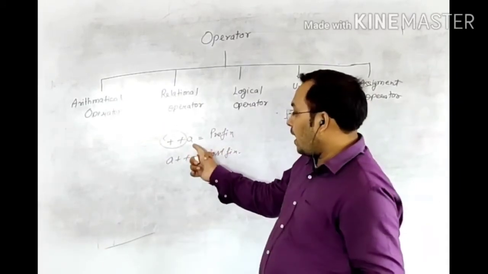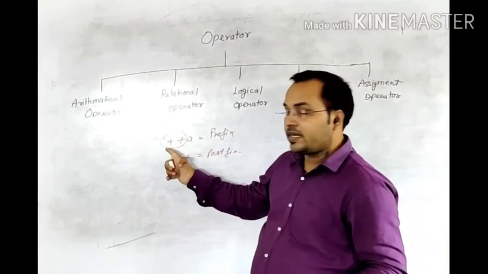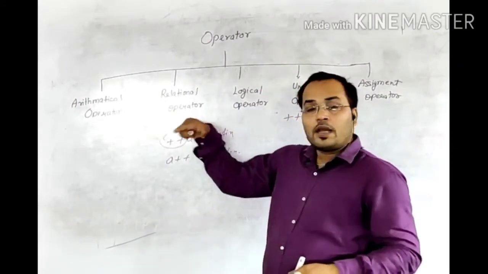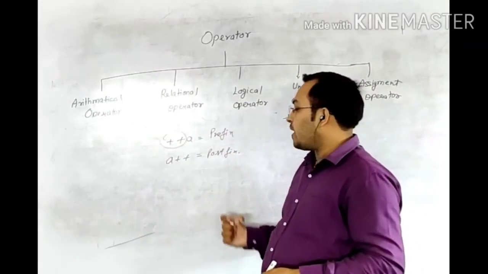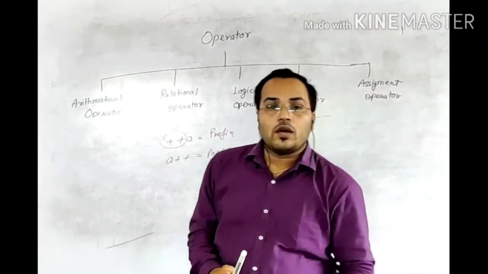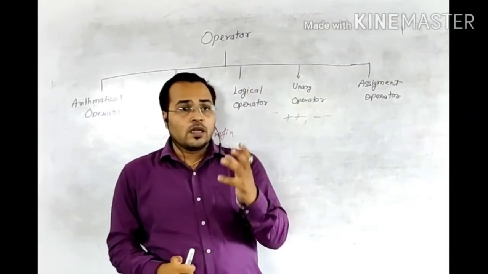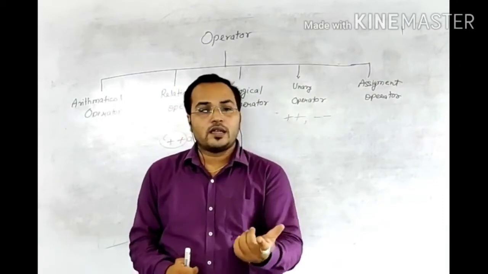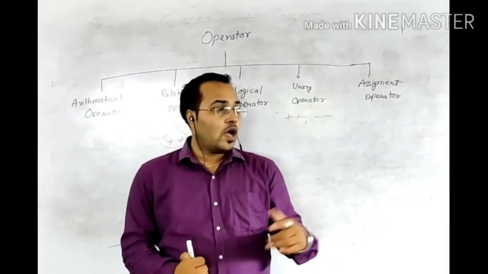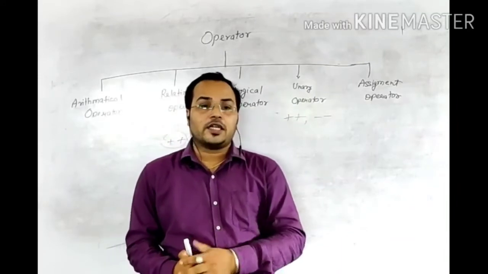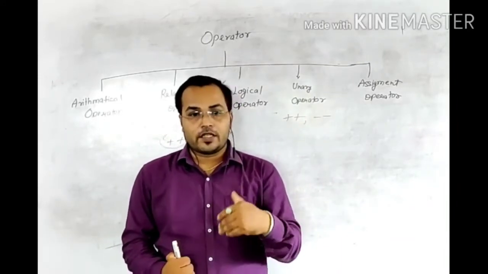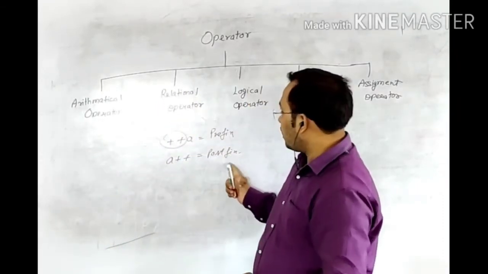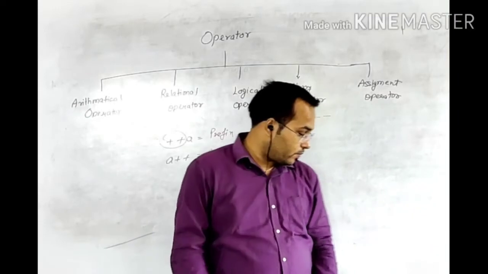When an operand is having any sign before it, it is known as prefix. When any operand is having any sign after it, it is known as postfix. If I give you an example for this, we are recharging our mobile before using, so that is known as prefix, prepaid. And we are paying our electricity bill after using it, that means we are post charging. So keep in mind, this is known as prefix and this is known as postfix.